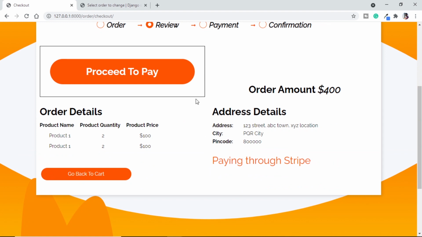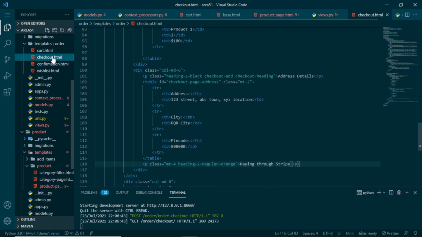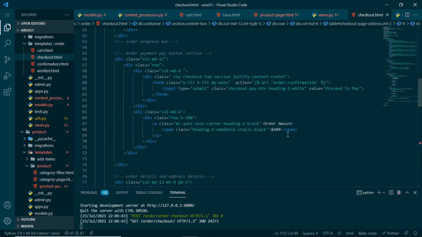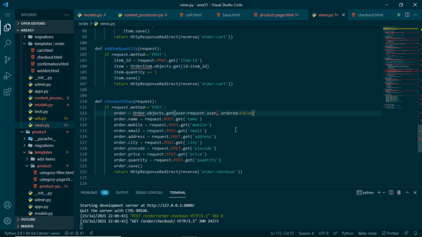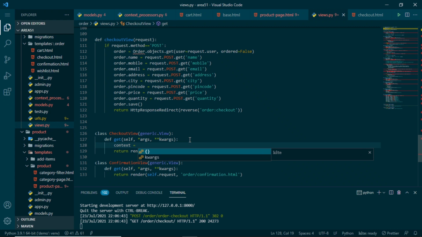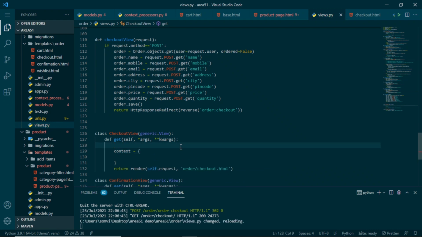Now let's change this checkout.html. In our order templates checkout.html, we have everything manually written, so we will be changing this. To use any context here, we need to see which view is using this HTML template. If we go to views.py, if we scroll down, we have this checkout view where we are using this checkout.html. So I will provide a context here, that will be a dictionary, and inside that context I will provide the order.